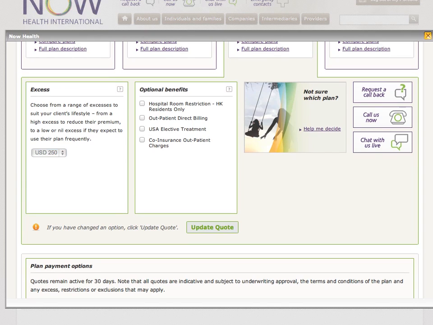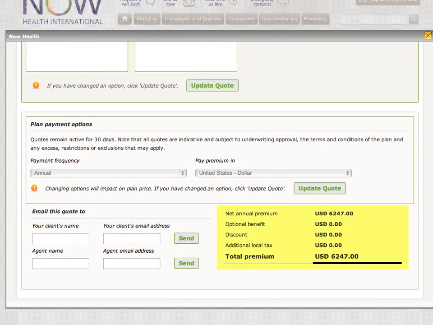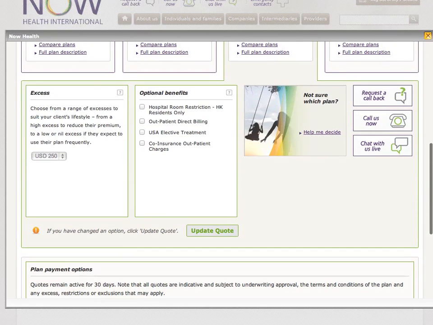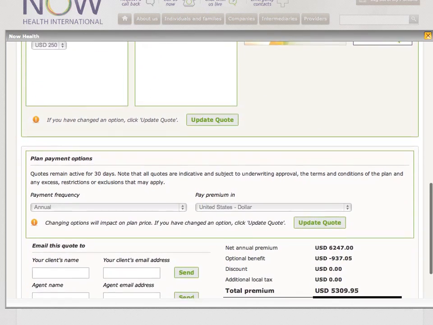The screen will refresh and the new premium is adjusted. In addition to the excess, the client can choose any additional option to the plan, bearing in mind that changes here will also alter the premium. When you've finished, click on the Update Quote button, scroll down and you'll see the total quote for the premium